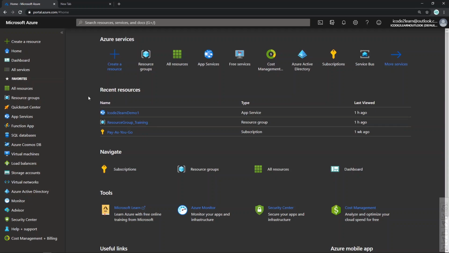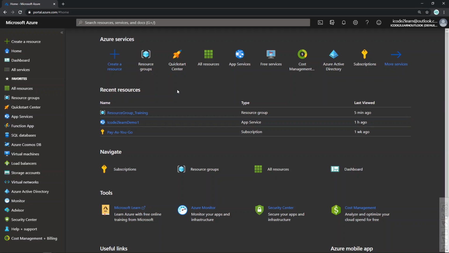In this video, we are going to learn about how app settings work in Azure App Services. If you are not familiar with Azure App Services or App Service Plans, please do watch part 3 of the Azure tutorial, where I explained App Service Plans and App Services and how they work. Let's get started with the session.